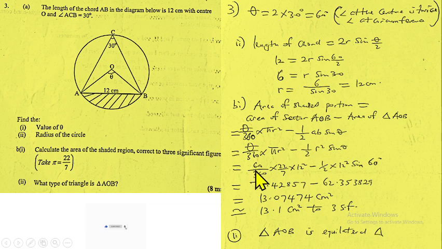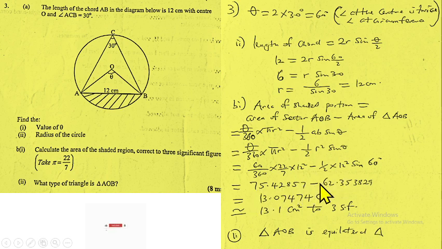Then we can substitute the values of our variables there. Theta is 60 over 360, pi is 22 over 7, then the radius is 12, so you have 12 squared minus half times 12 squared sine 60. If you simplify this one, you have